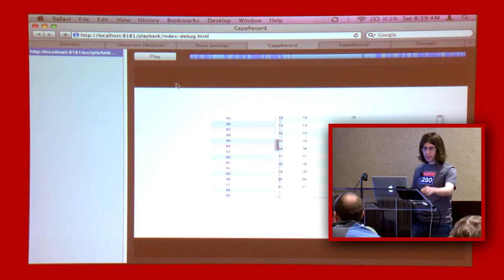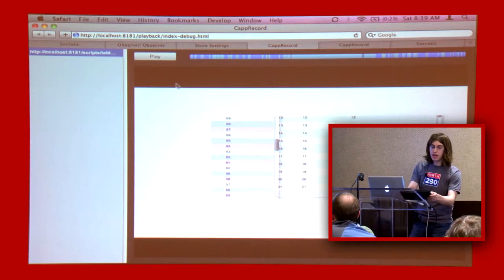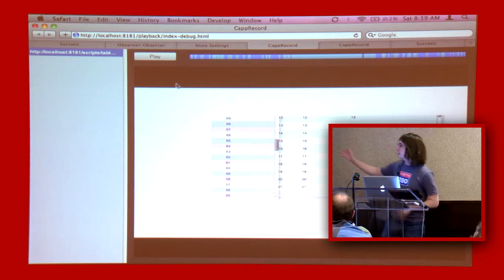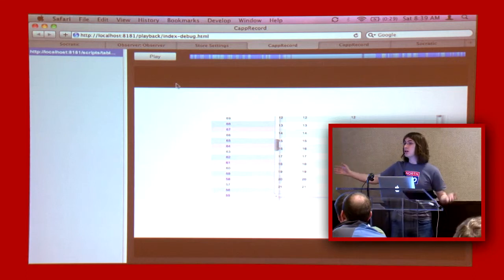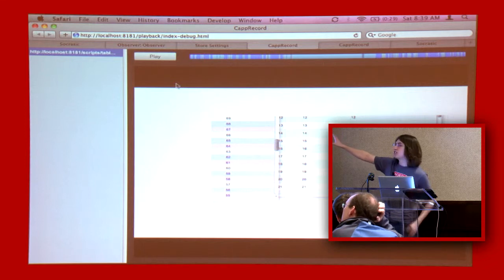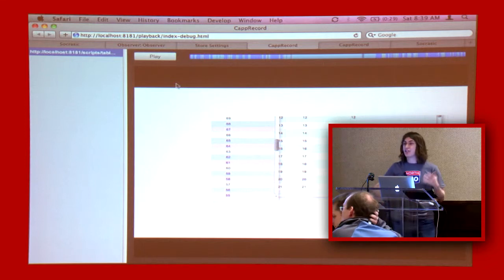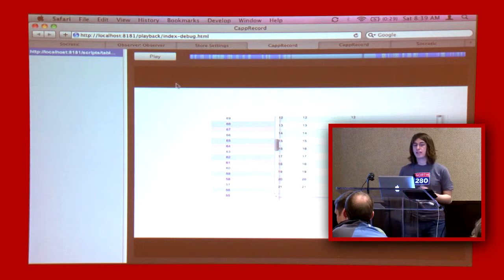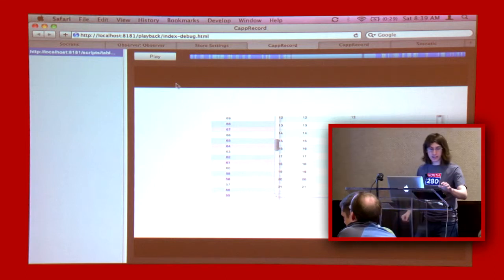So what we've done, and I'm just going to load this up here. The other question is, why can't I just debug in Safari? They're both WebKit, right? That is true for the most part, but if you have bugs that happen due to touch events, you can't, because Safari doesn't have touch events on this machine. You can take the time to manually recreate the events yourself, but that's a real pain. So this tool is really great because you can actually, here, let me,